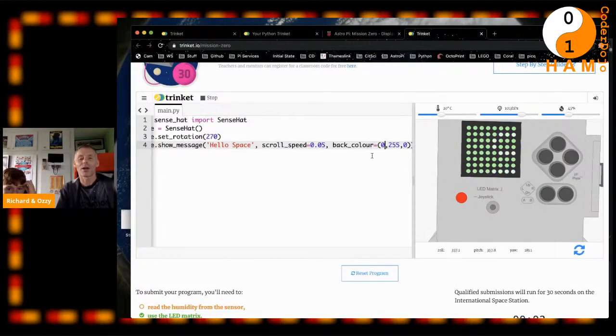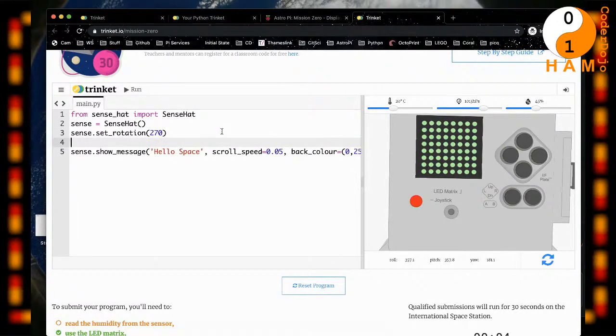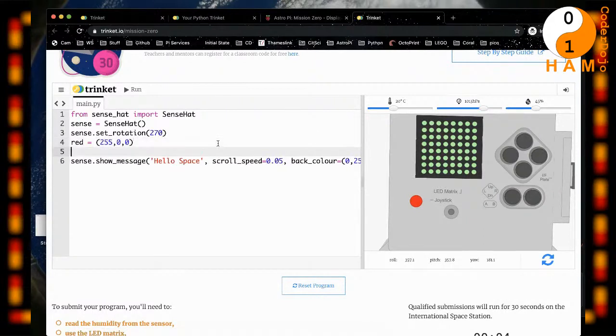Yeah. So I think one thing I find is remembering these values difficult. So let's use a variable instead of putting it in there, right? So on the line above, let's just create some colours that we can use. So if we say red equals, what would red be? So it'd be just red and nothing else. Right. All the red, no green, no blue, and then let's do the same for green and blue. Green would be